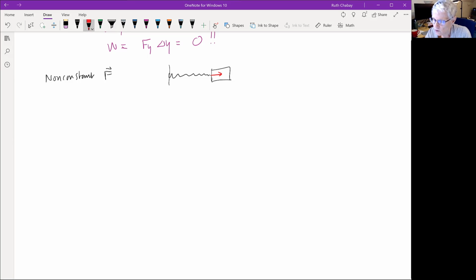And so what we need to do this, and I'm not going to go over it now, but you should read section 6.6 in the book, is we simply divide the displacement up into little pieces. So if the mass goes from there to there, and now the force is smaller, maybe even in the other direction. Let's say it's even in the other direction. What we need to do is divide this displacement up into little teeny delta R's,